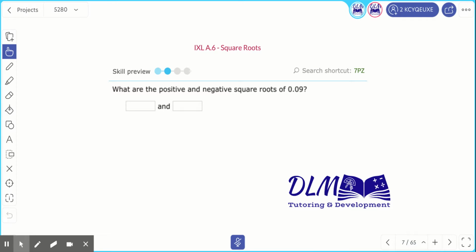Let's look at another example. What are the positive and negative square roots of 9/100ths? Well, first, before we even answer this problem, we need to remember something important about multiplying integers. When we multiply positive numbers by positive numbers, we end up with a positive result. But if we multiply a negative times a negative, we still end up with a positive result,